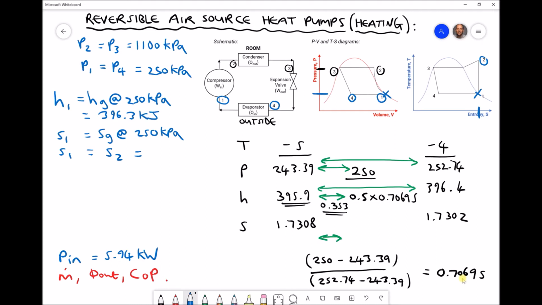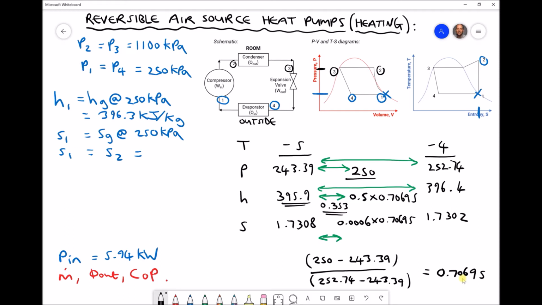And that's kilojoules per kilogram. Now we can repeat for our entropy, because we can see the distance between our upper and lower entropy values there is 0.0006. Multiplying by our fraction, 0.70695, gives us